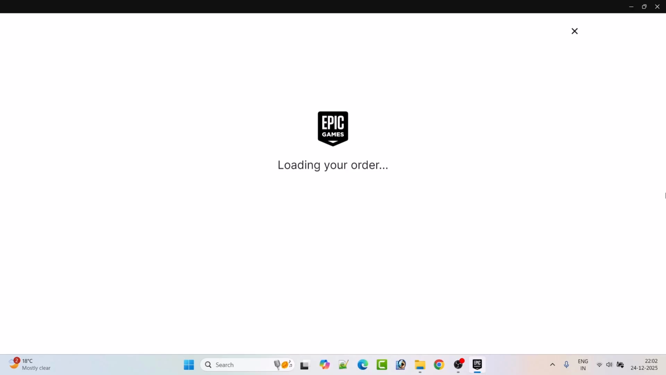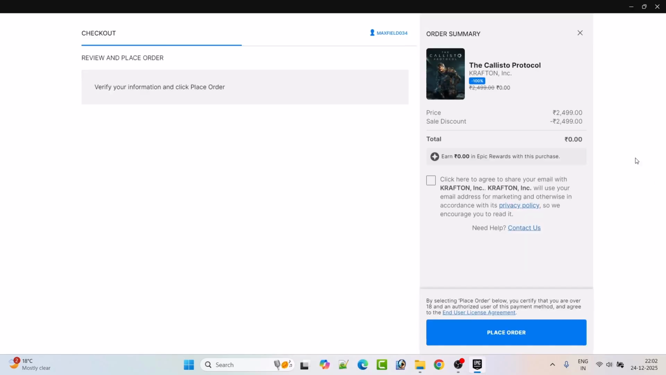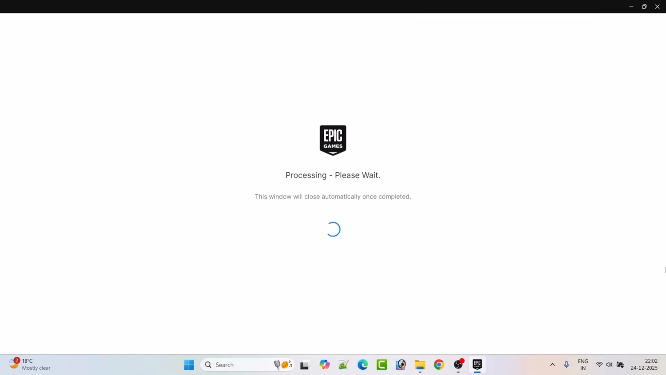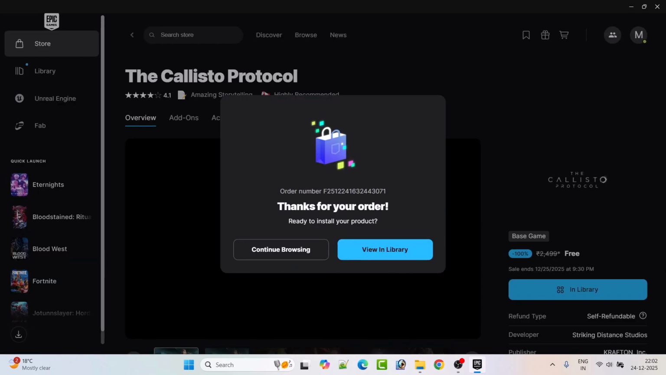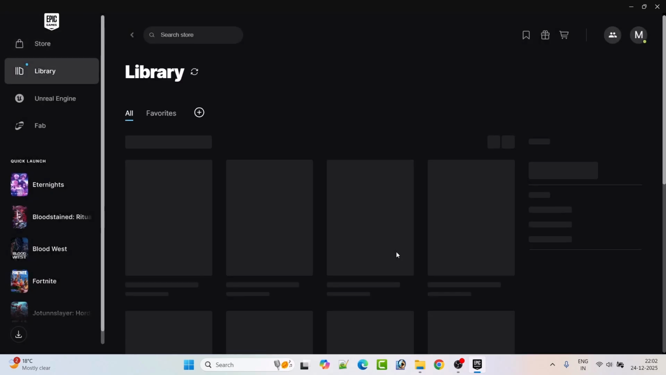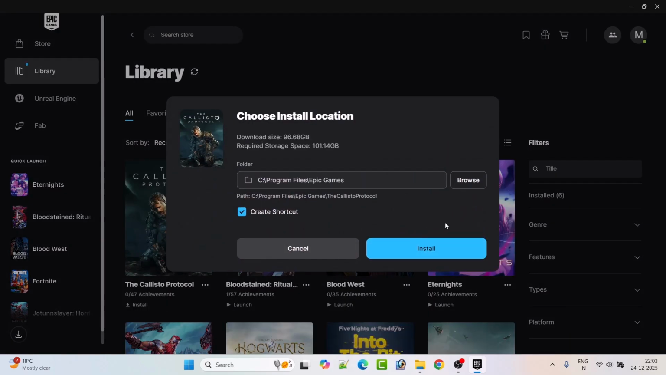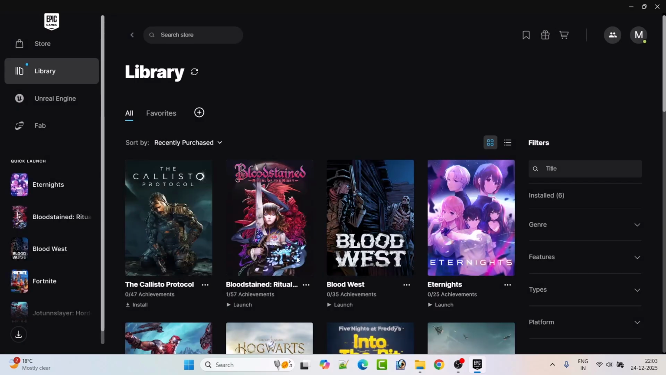Please wait, your order is loading. And then click on place order. And then you will see this view in library option. So click on this view in library option and then you will see the Callisto protocol game has been added to your library. So click on this install button, then again click on install button, click yes to allow,